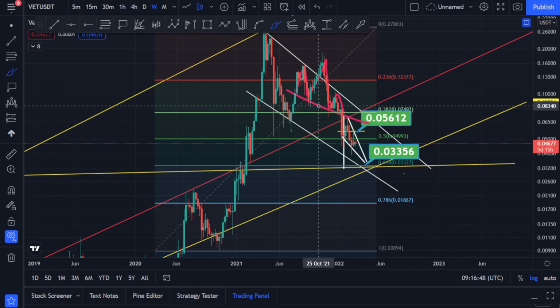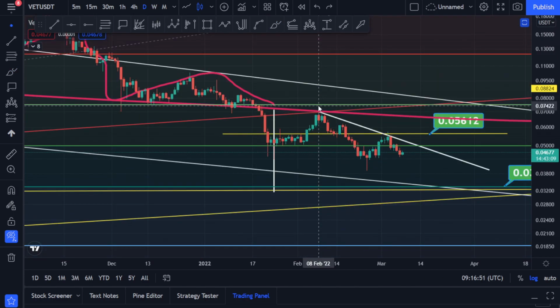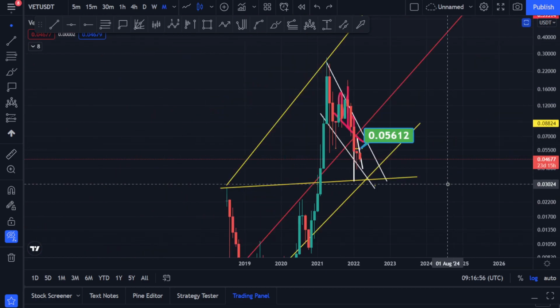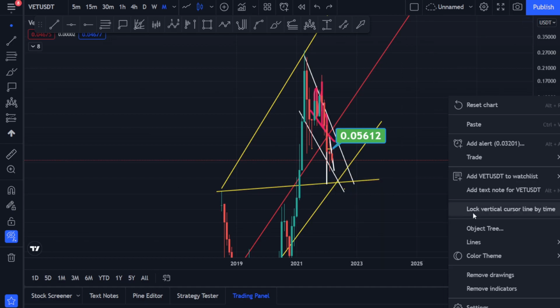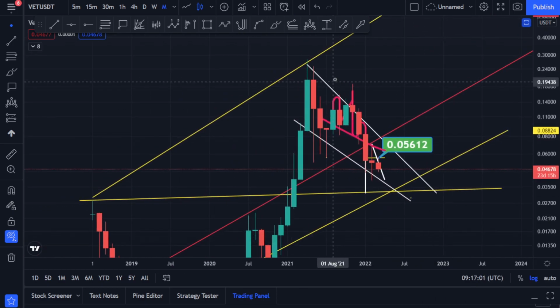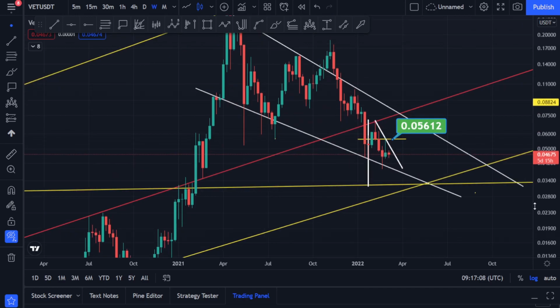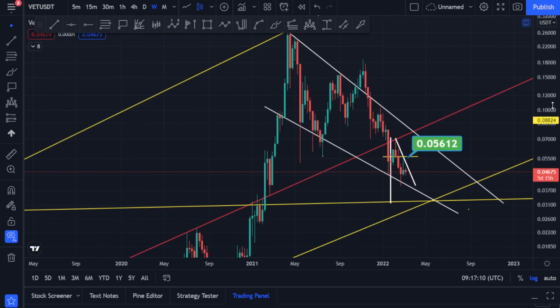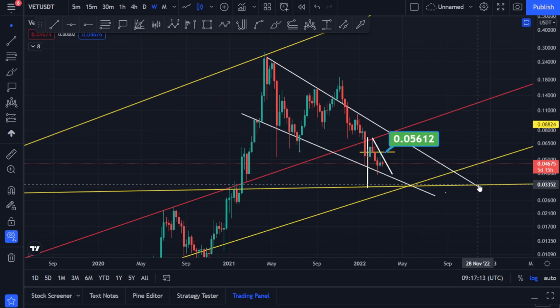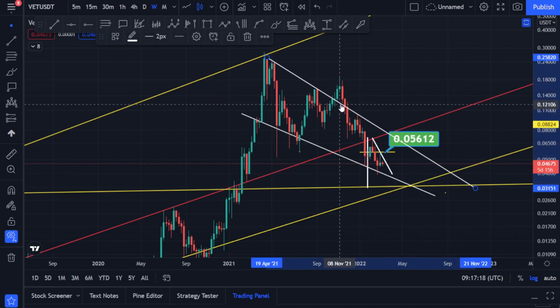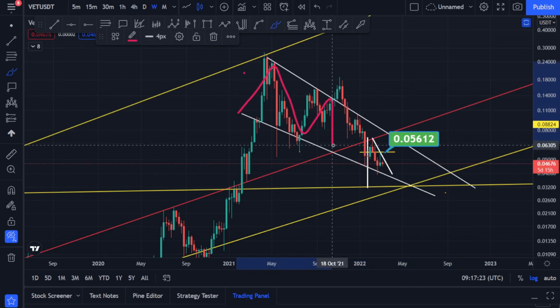Now let's just take these lines off really quick. Okay, great. So now let me take this off. So now we know what's going on with this level. You can watch this 0.618, but I would just assume this resistance line is the most important. You break this resistance line, you have just cracked this whole damn pattern.